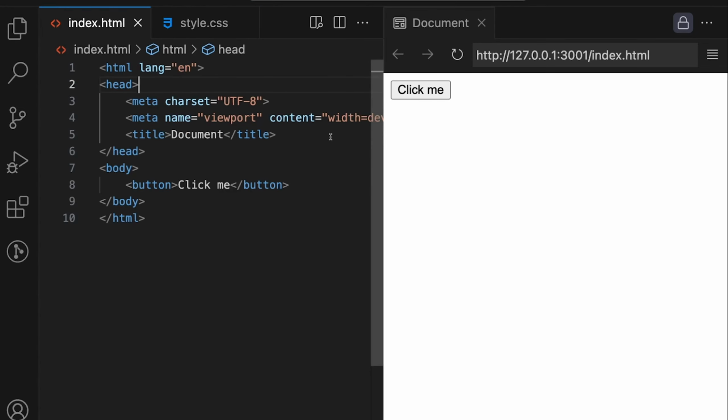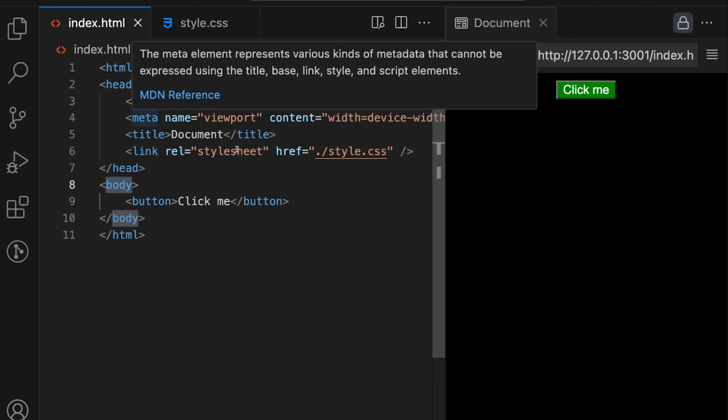Now there are some other things you can do. For example, we've got the body element here. We can target that as well. So if we go up here, we can target body and we can say background black. And now the background is black. What we can also do is align it to the center. So we can go text-align center, and now it puts the button in the center. And you can see that not only have we styled the element, we've styled the website, and we've also started to control the layout. That is the power of CSS,